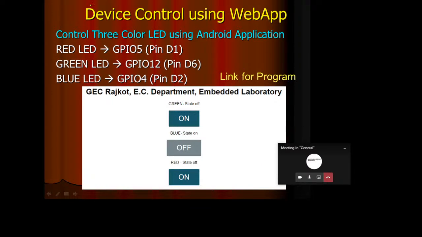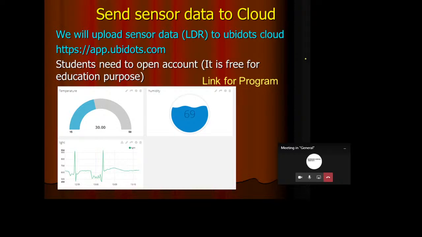Today we will also see device control using a web app. If you do not want to use your mobile phone to control the devices, you can directly type the URL into the browser and then you will be able to control the devices. Last time we already saw this with the help of Ubidots.